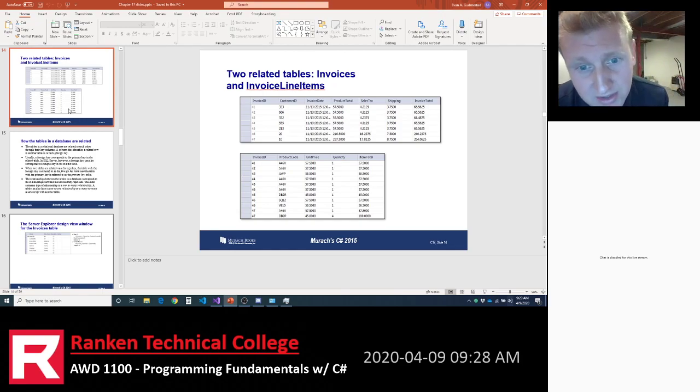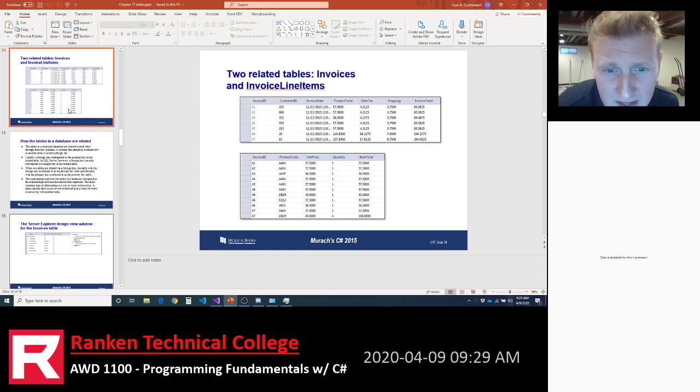The next table is invoice line items. Do you see invoice ID on the second table? If you take a look at it, it goes 41, 42, 43, 44, 45, so it almost looks like an auto-incrementing counter, and this is what tricked me up. But when you look down, you see 46, 46, 46, 46. So that's not a primary key. It is a primary key on the top table because there are no duplicates there, and so the assumption is that that's a primary key.